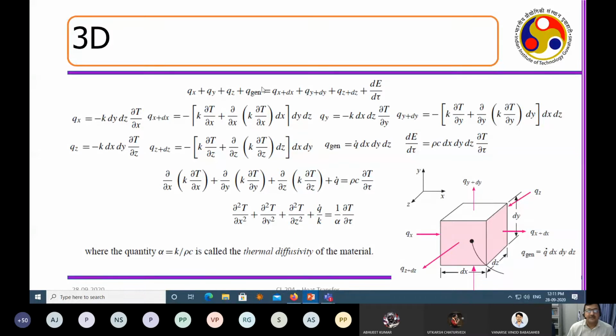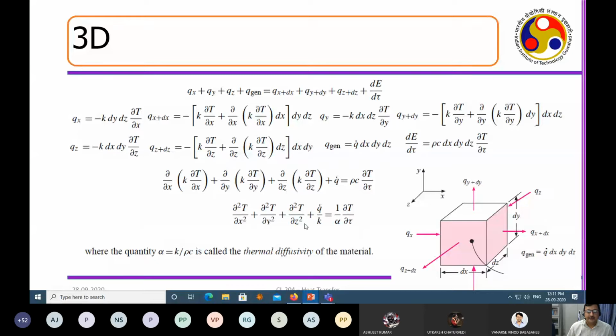This part takes care of the total generation of heat inside the system. And this part takes care of what? This part takes care of the change of the energy inside the system. So this is the time dependent change. This is the generation inside the system. This is the input through conduction. This is the output through conduction. Now, if I accumulate all of them, applying Fourier's law, I end up getting a very simple partial differential equation